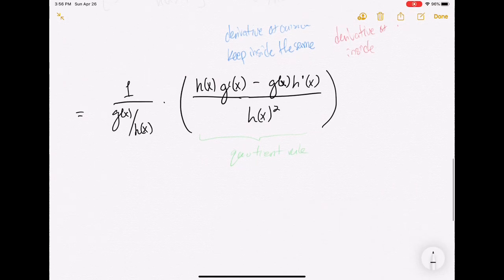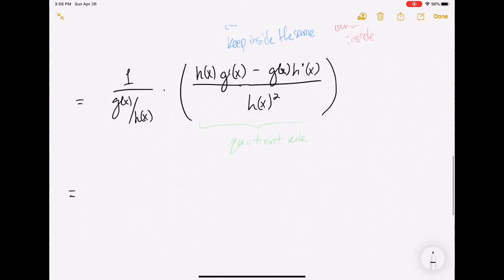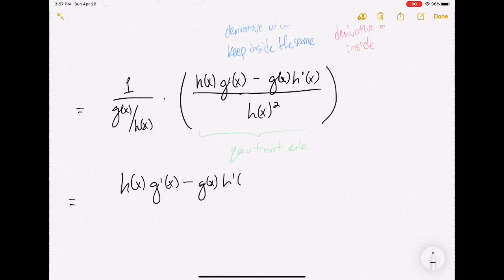Okay, and now we just want to simplify to hopefully get it to look like the problem actually gave us the answer. All right, so how can I make this cancel correctly? Well, I'm just going to distribute. I'm going to distribute the first piece to the rest. So when I distribute, it becomes h of x, g prime of x minus g of x, h prime of x, and then the bottom becomes really